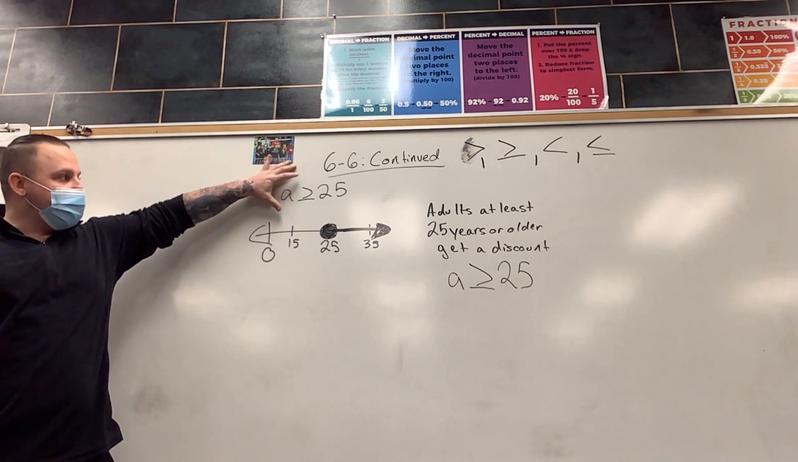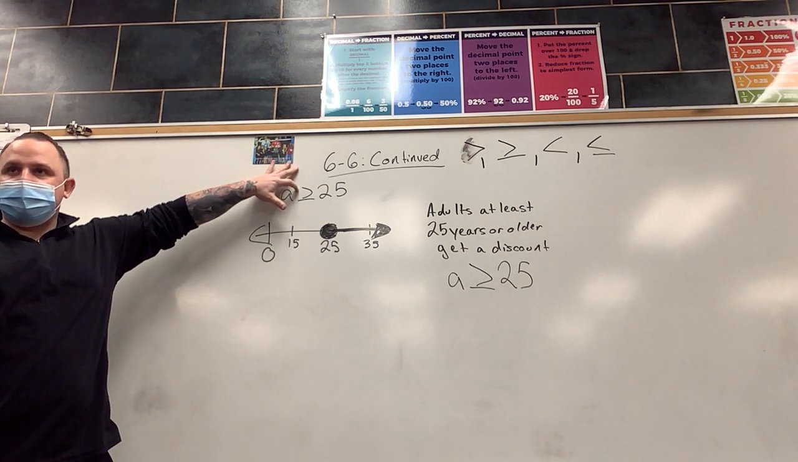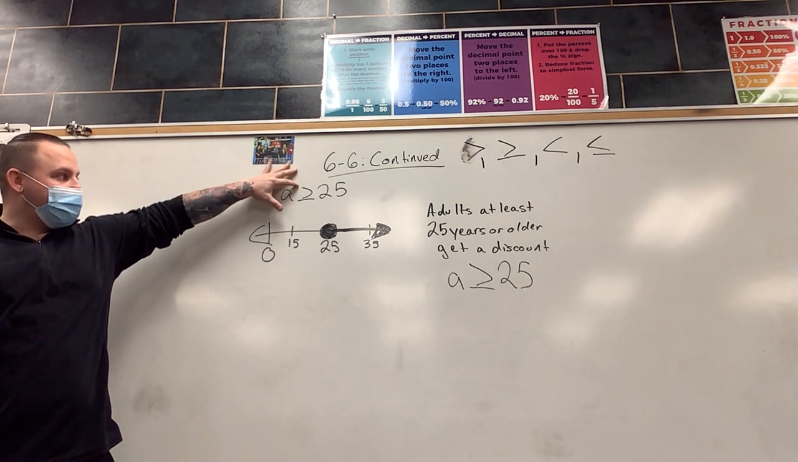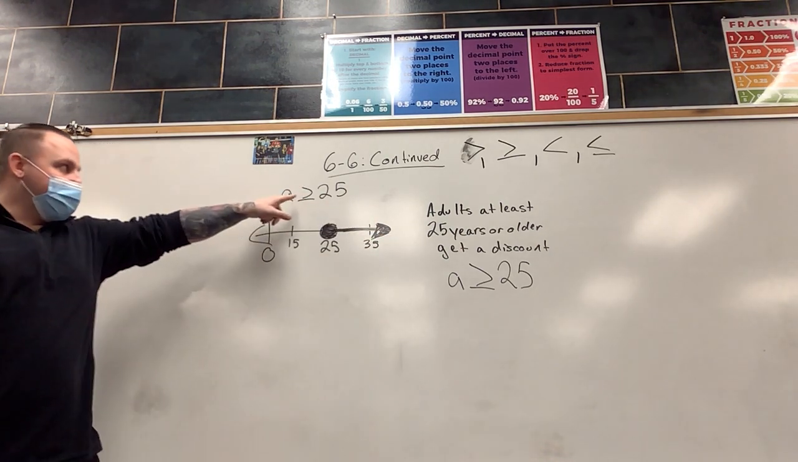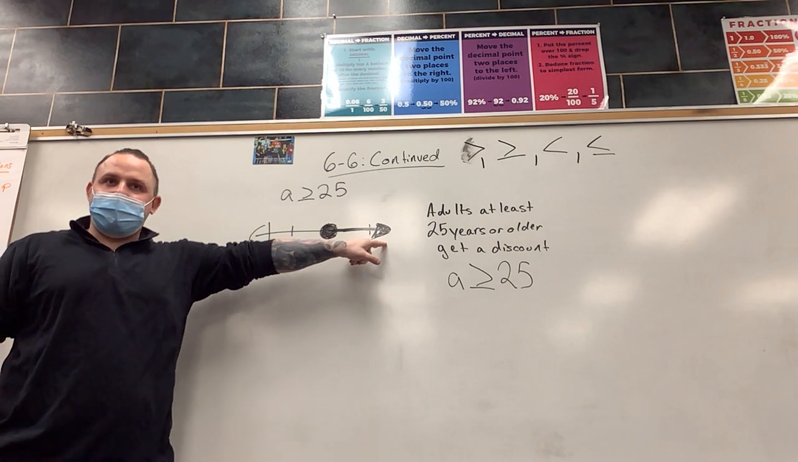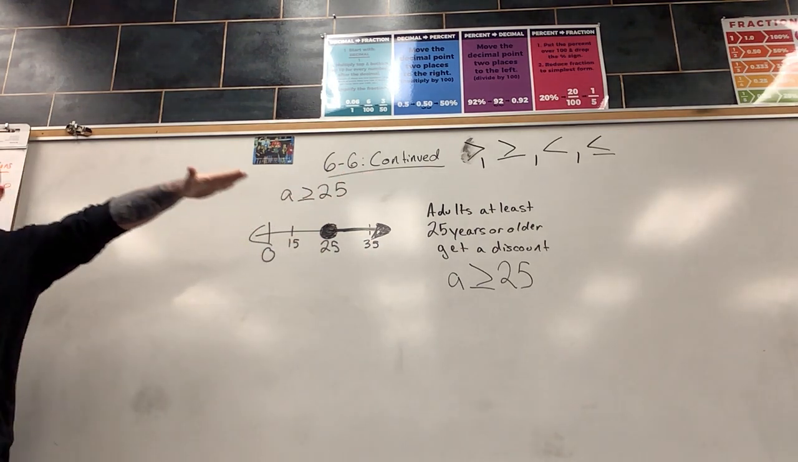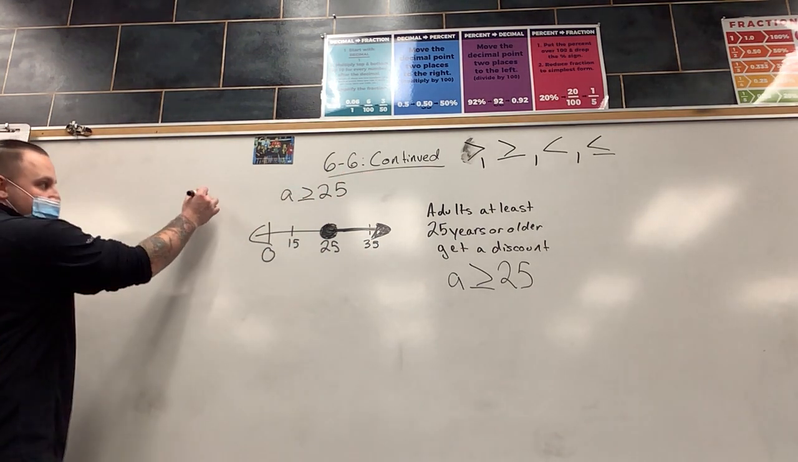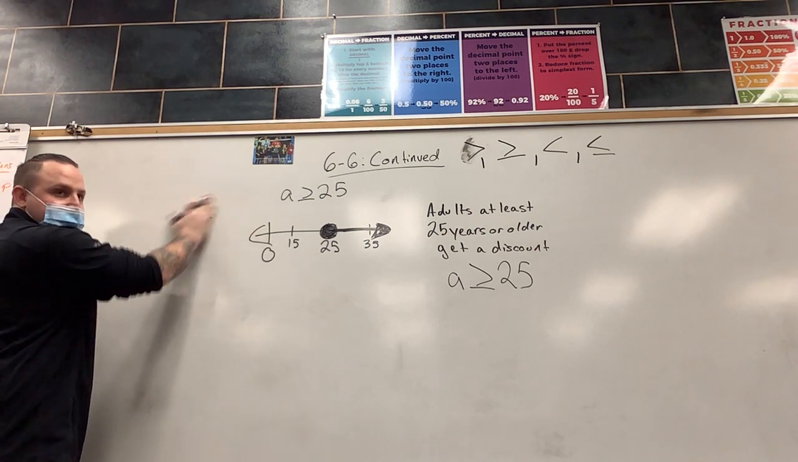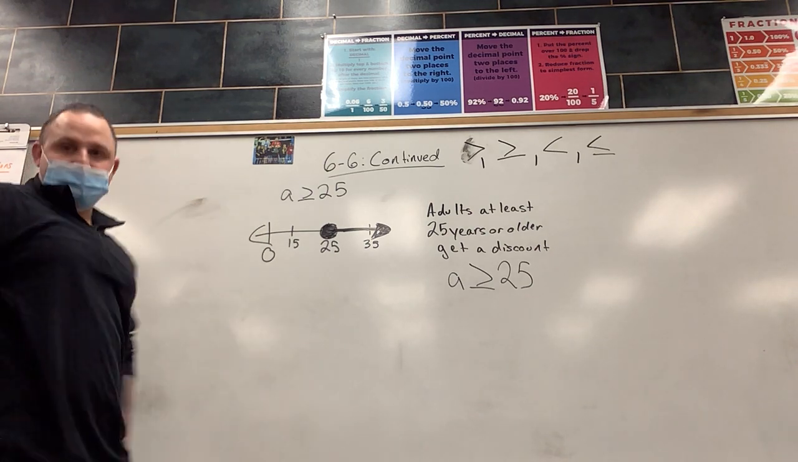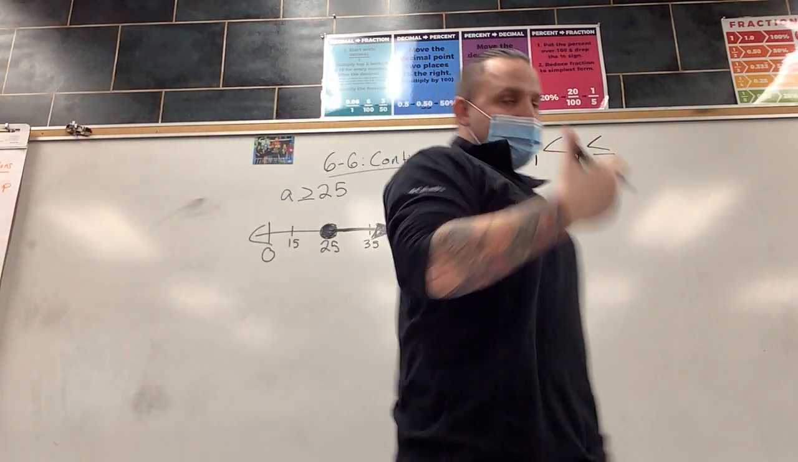Okay, when you have this symbol on a number line, this looks just like this arrow, right? If you were to look at that number line, that looks exactly the same. That tells you the direction that you go. If it's less than, it looks just like this. That tells you to go this way. Okay? Questions about